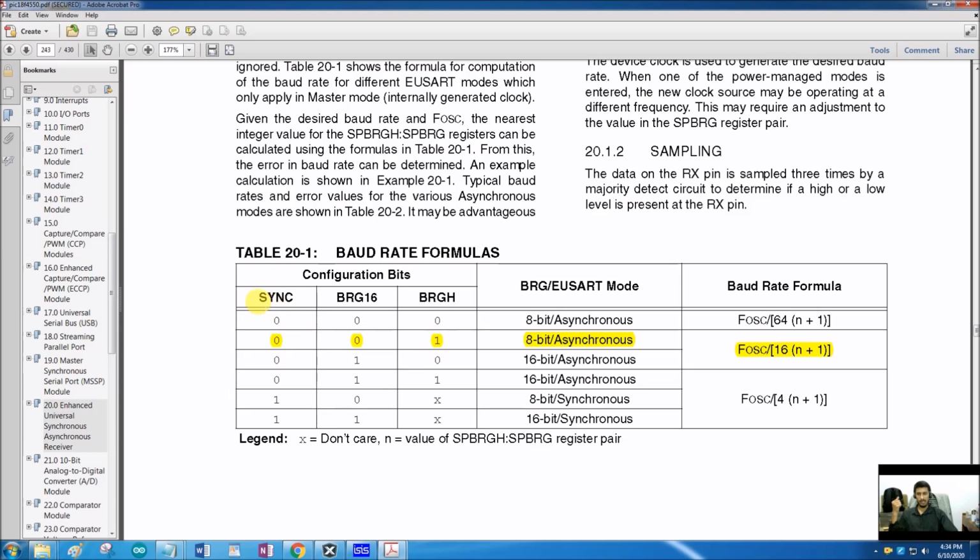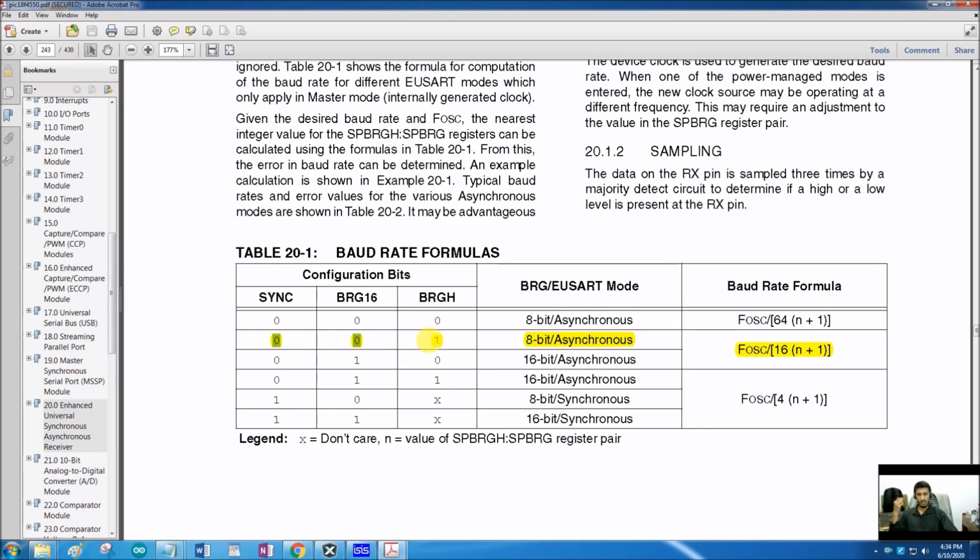As I said, we will be using the asynchronous mode in which the SYNC bit would be 0. We will be using the 8-bit generator, so BRG16 will be 0, and we will be using the high speed mode, so BRGH should be equal to 1.